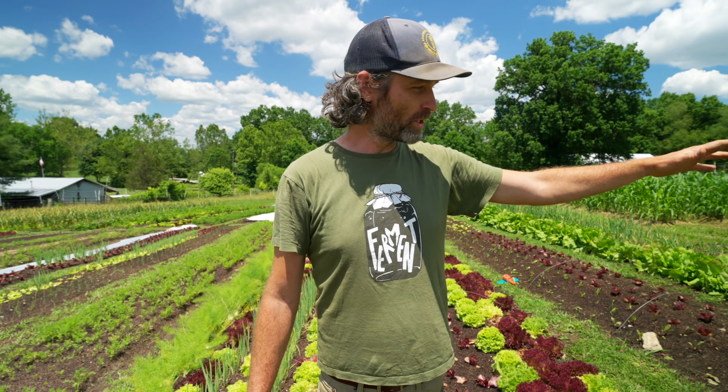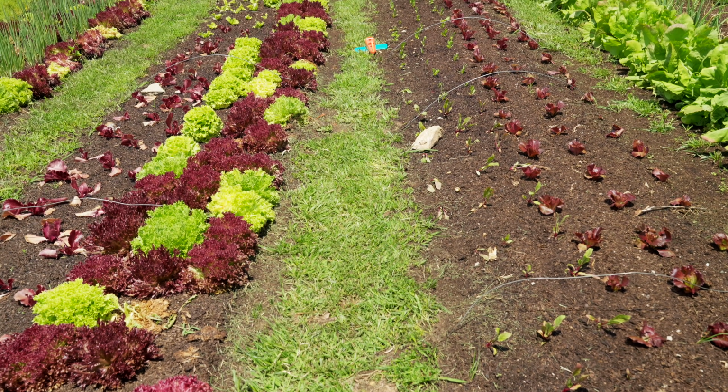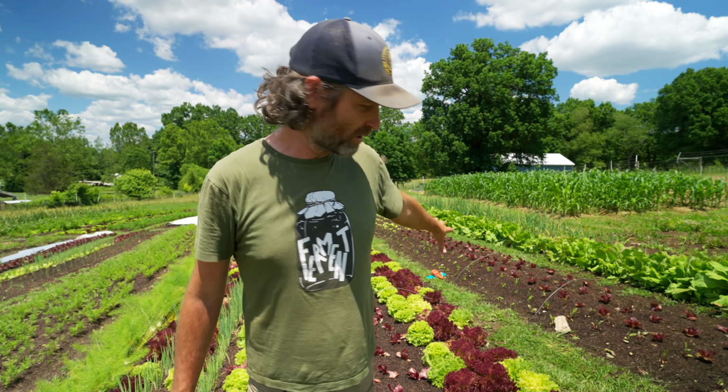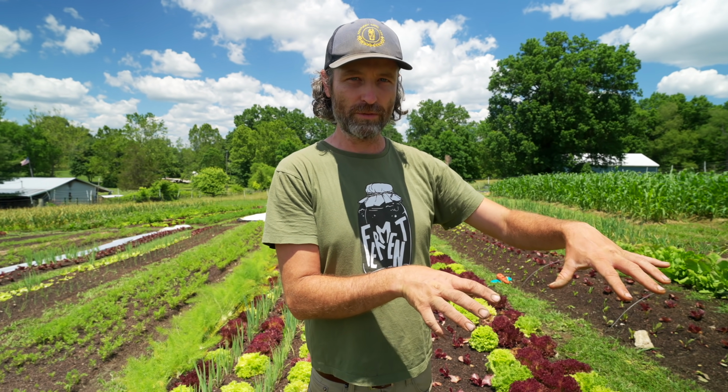All right, so behind me, you can see several different interplantings that we're doing. And the one that's really come out of this the most is the 2 on my left side, which are what I'm calling the split bed interplant. So this would be lettuce on the top there, and then you see beets. But before that, it was beets on the top and lettuce on the bottom. Or in this case, it's lettuce here that is about to come out, but then below me is lettuce again, but was originally beets. So basically we're taking the bed and we're planting 2 different kinds of crops in them,